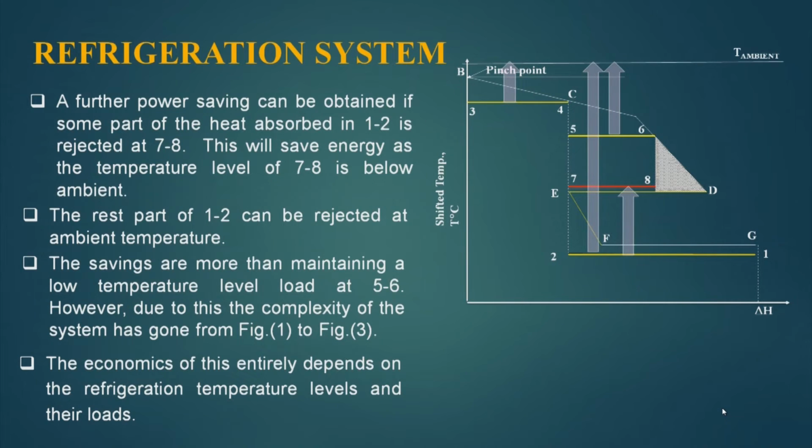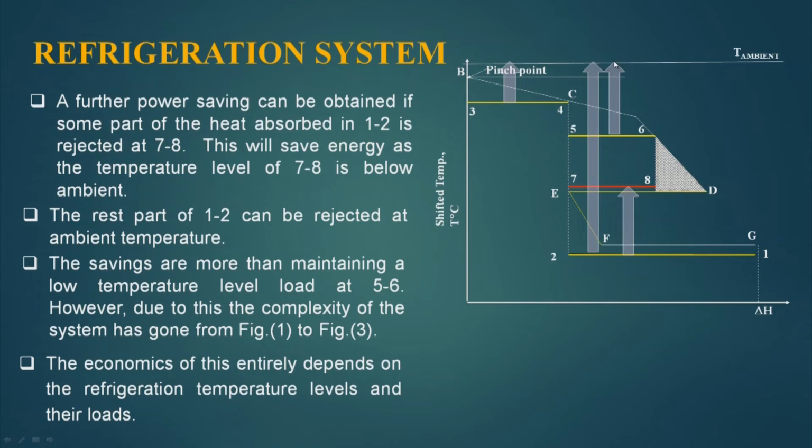Now, if we see the heat rejection schemes, then the picture becomes clear why such a system takes lower energy. The heat which is absorbed by this evaporator is rejected to the atmosphere here. So, lift is very less, it is lifting the heat from here to here. The heat which is being rejected here into this evaporator 5 to 6, this is lifted from this point to